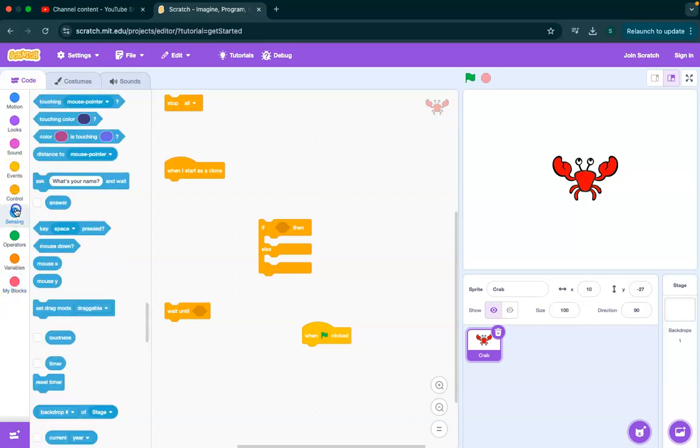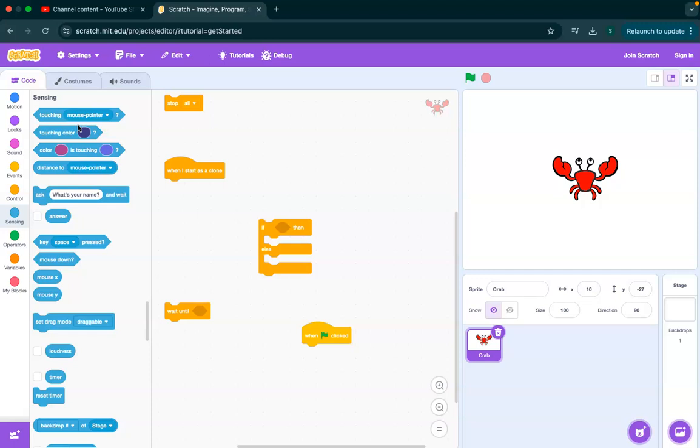Then finally, you have sensing blocks. Sensing blocks are for sensing stuff. If touching mouse pointer, then